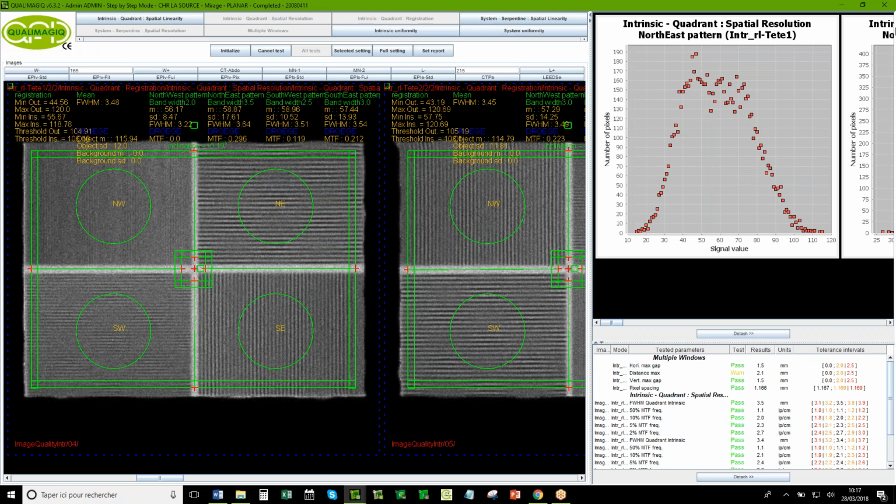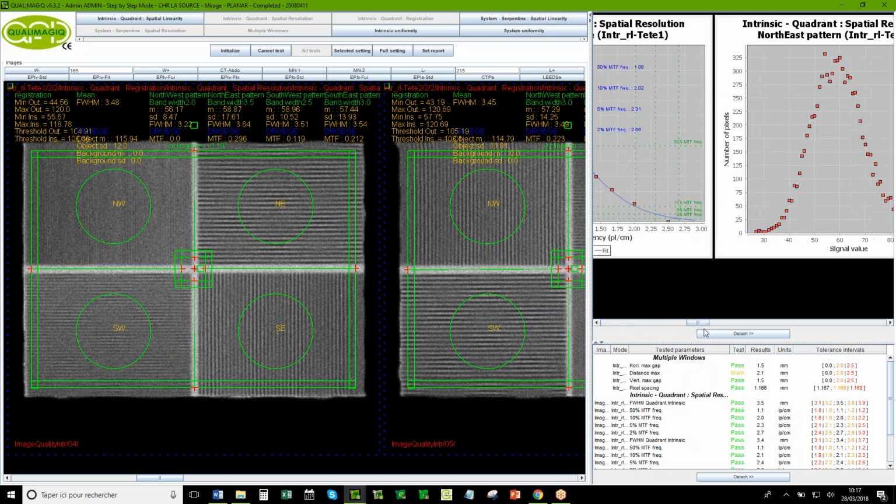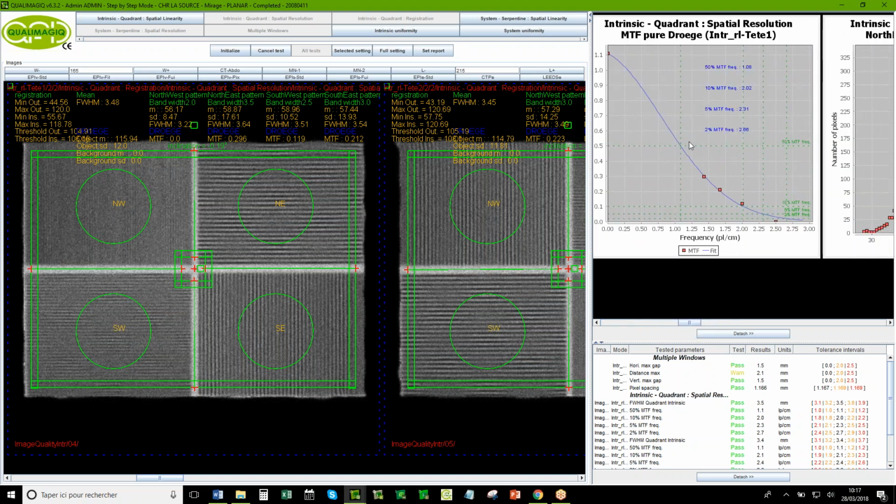So what we do here, in this area, we measure the standard deviation of the signal. If you can separate the black and the white line, you have a higher standard deviation than here, where it's impossible to separate. So in this case, you can use the Drudge and Morin method.